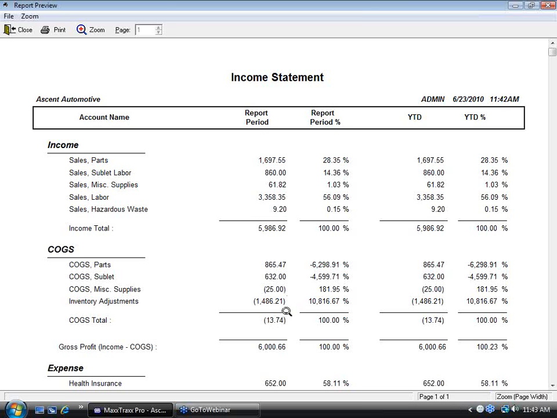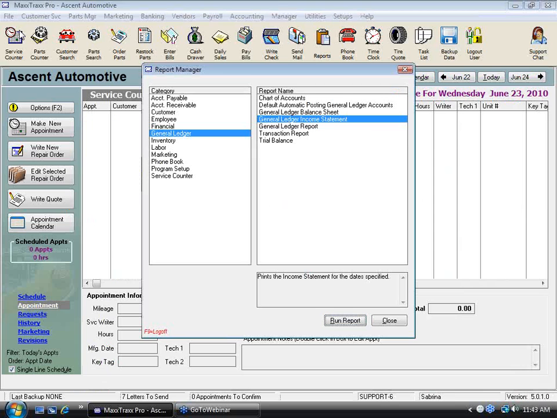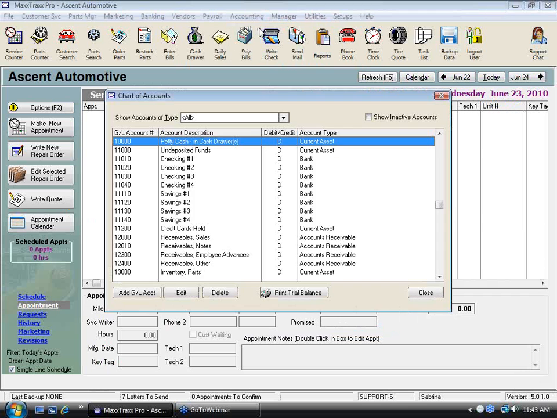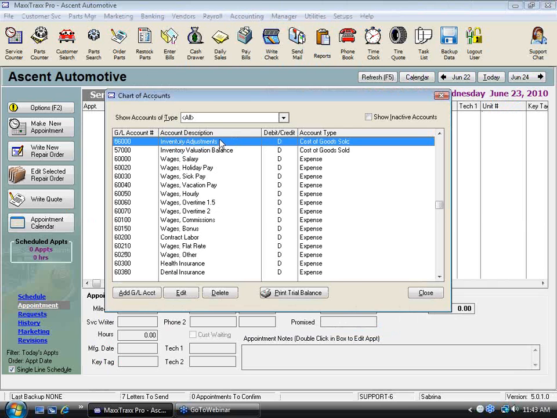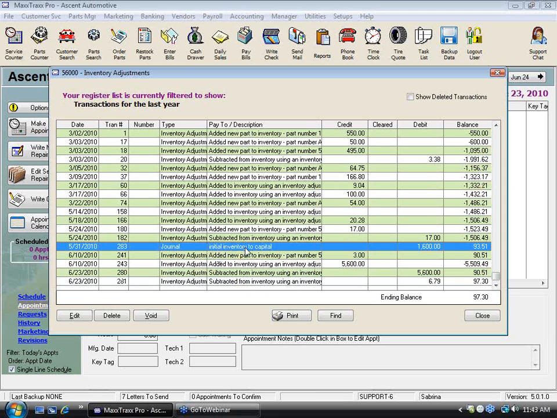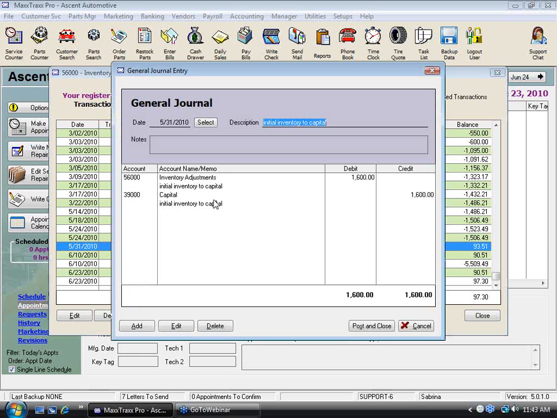So once you get all your inventory in, what I did is I went in and did a general journal entry. And let me show you what that looks like. So I went into that 56,000 inventory adjustments, and I did, where does it say? Here it is. Initial inventory to capital. It's really small. I don't know if you guys can read it. But see, what I did is I made an initial inventory to capital. So what I did on this adjustment is I